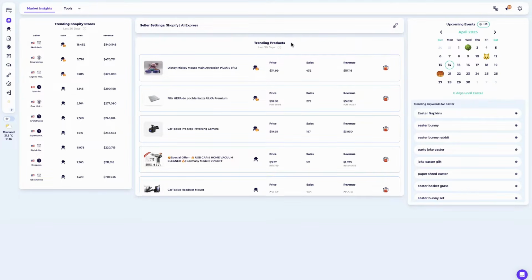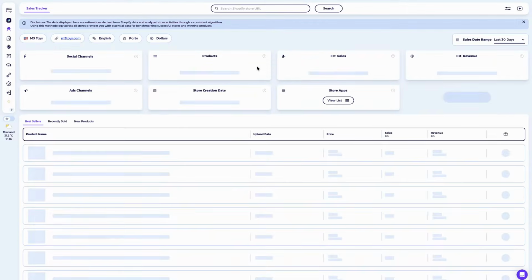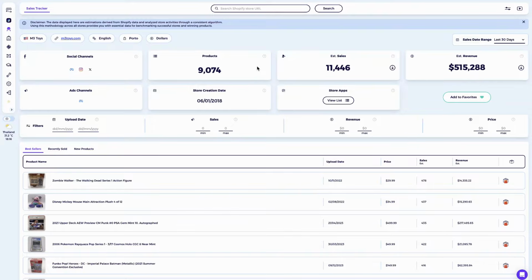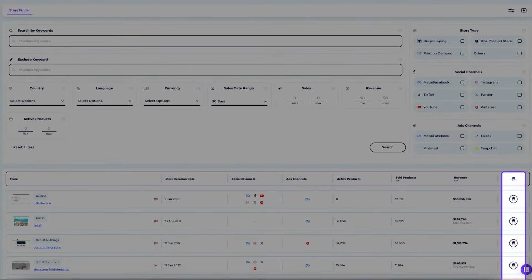Before diving into strategies and data analysis, let's first understand how this tool works. You can access the Store Sales Tracker throughout ZIK Analytics, anywhere you see the spy icon. This icon represents the tool, and clicking on it will analyze the store. You'll find the spy icon in multiple places across ZIK Analytics, including the Market Insights dashboard, the Store Finder, the